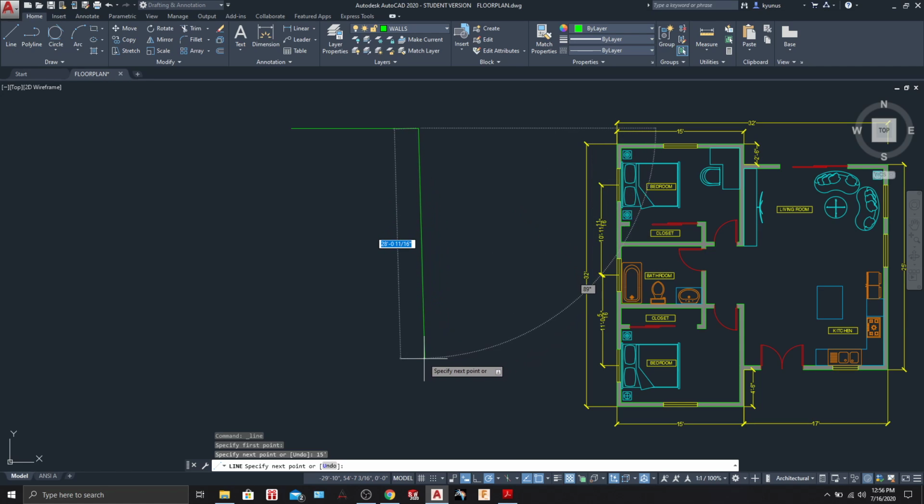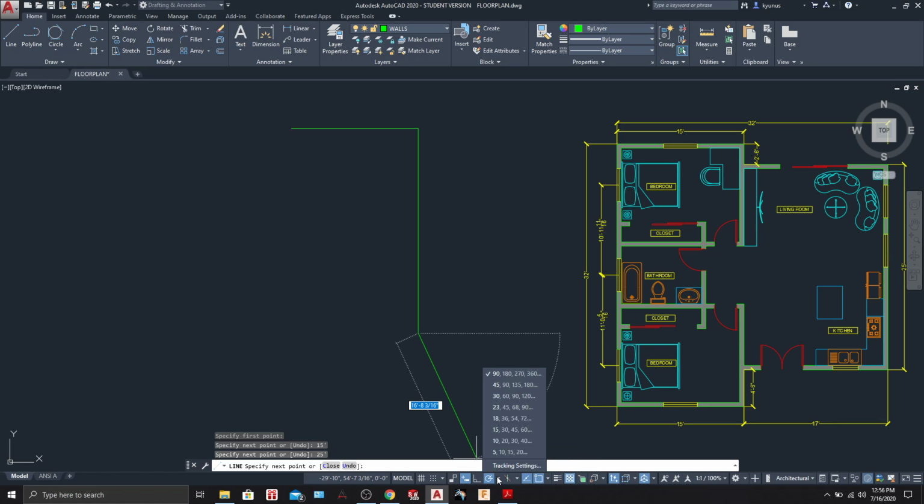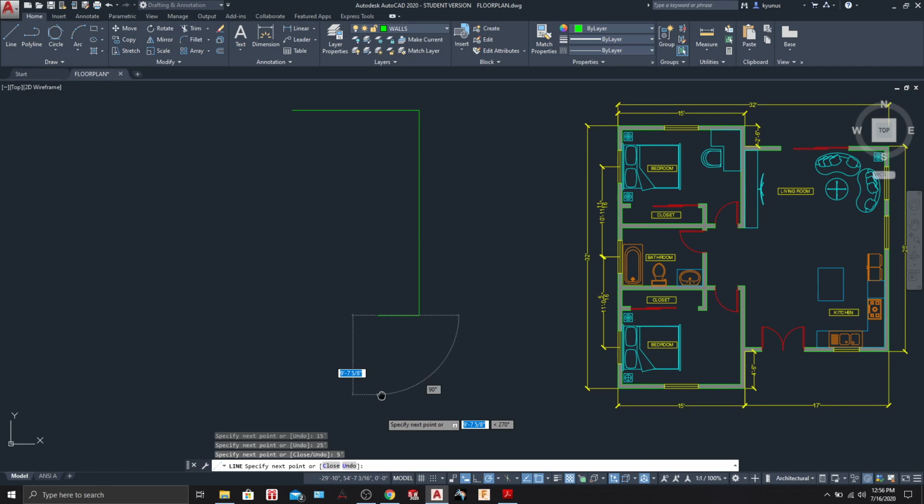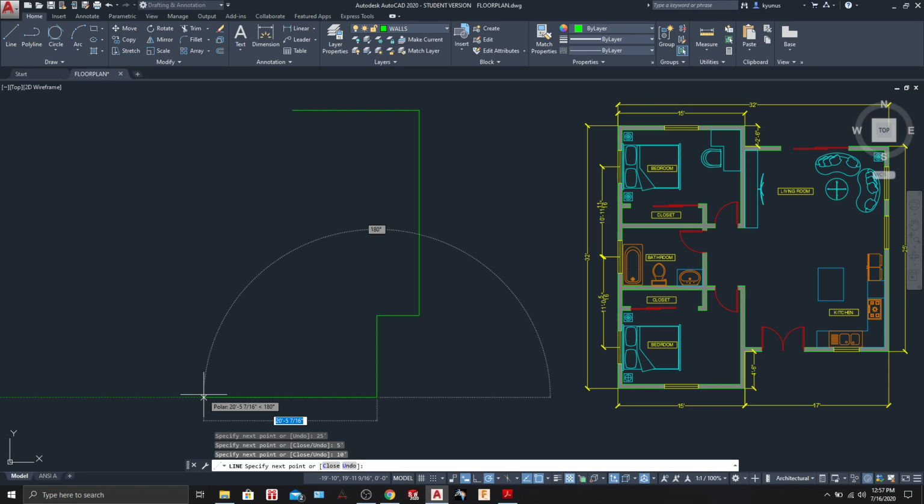So let's left click and go towards right 15 feet, enter, then come down to approximately, let's say, 25 feet. Right now make sure your polar tracking is on and your dynamic input is on. Alright, let's move towards left for, let's say, 5 feet. Alright, let's move down again